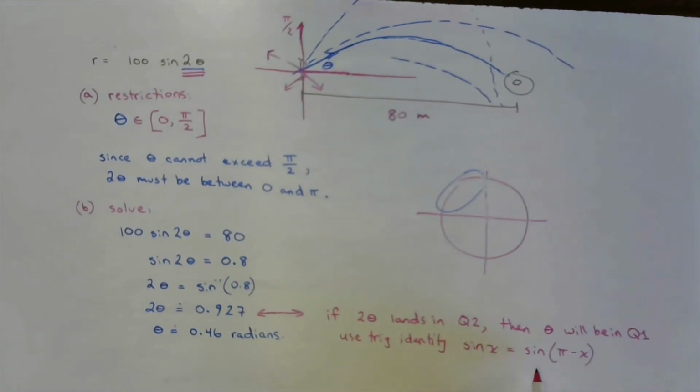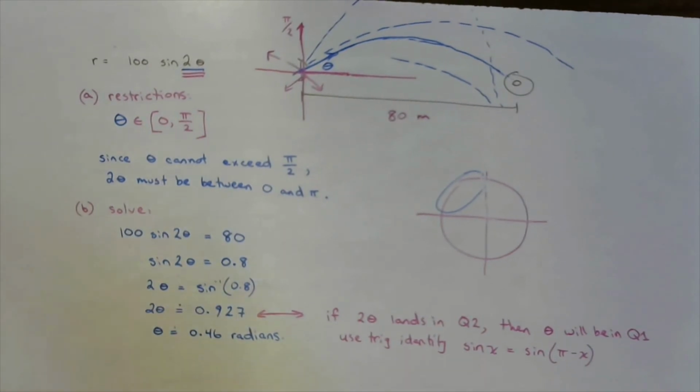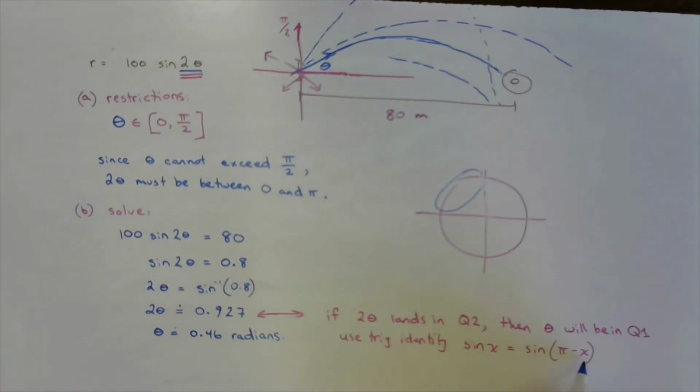So this is how you get the second angle, the second solution for the given sine ratio. So what are we working with? Our value of x is 2 theta right here. So we are working with pi minus 2 theta. We know that that equals